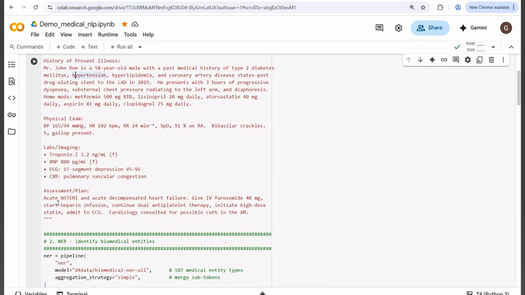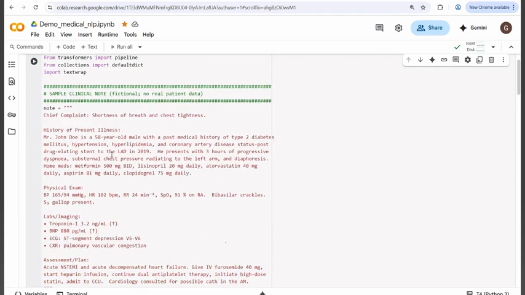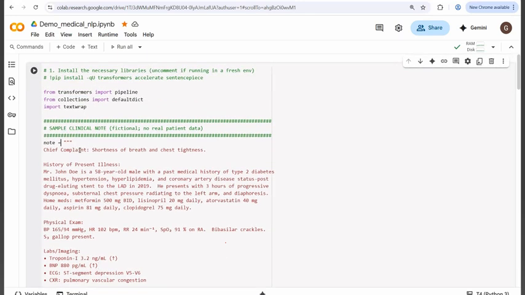This is the past history and what the doctors have assessed about it, and what they are planning to give is what they have written in the assessment plan section. For processing this data, we are using the Transformers library, which is actually a Hugging Face library, which provides